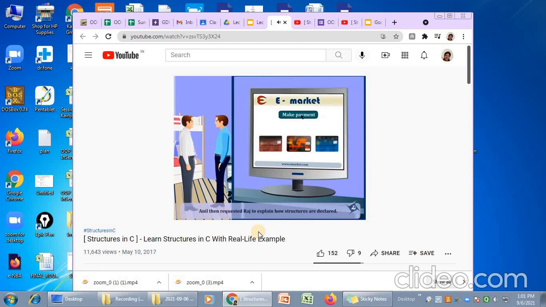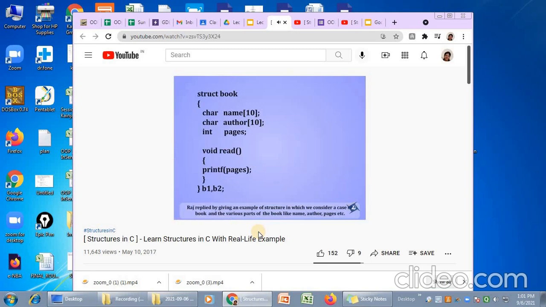Anil then requested Raj to explain how structures are declared. Raj replied by giving an example of structure, in which we consider a case of a book and the various parts of the book like name, author, pages, etc. will be explained according to the structure.